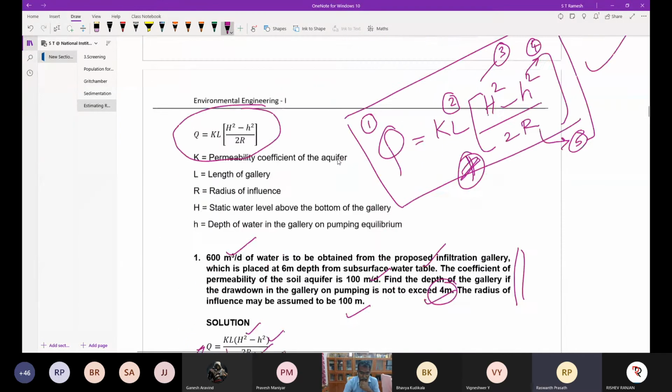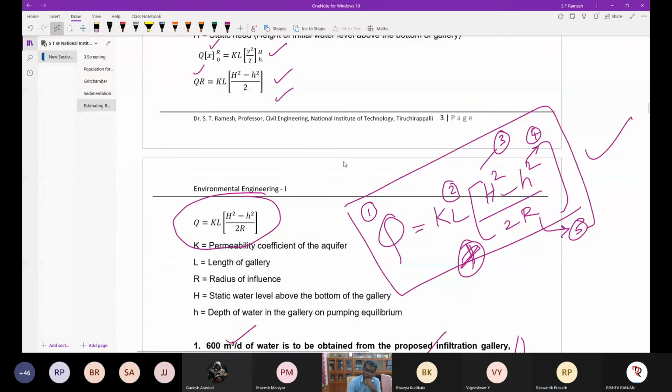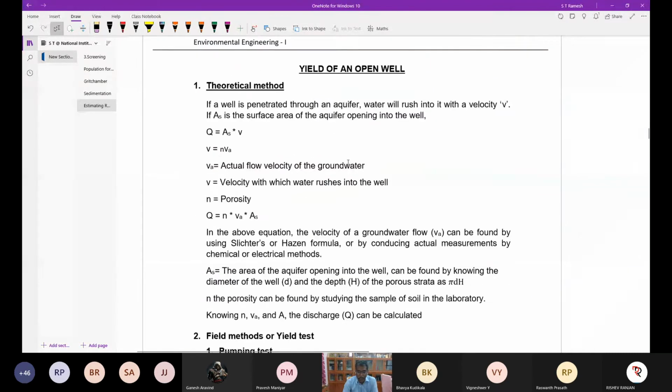Yes, sir. So I'm not going to solve so many problems, but remember these equations, and you can also play with these different calculations. You can calculate Q and find out L. L we have solved now, and you can also calculate if I want to have a Q value, what could be the drawdown, or what could be the changes in H value, or what could be the radius of influence. So five different sets of problems you can calculate in the case of an infiltration gallery. Okay, and we'll move on to the third one.